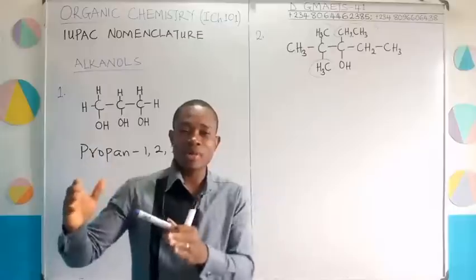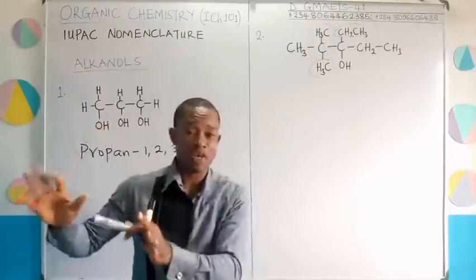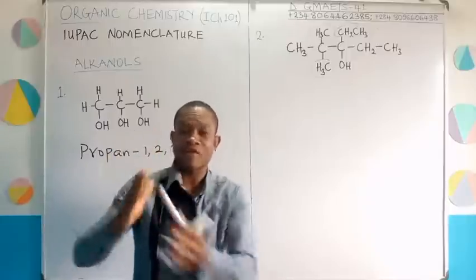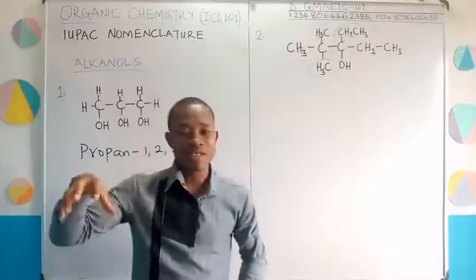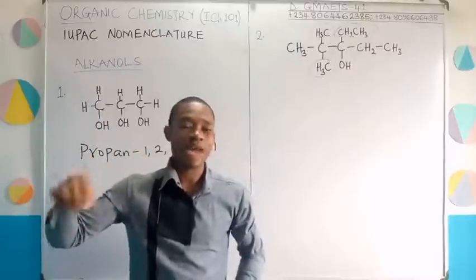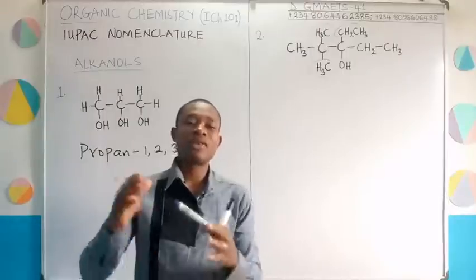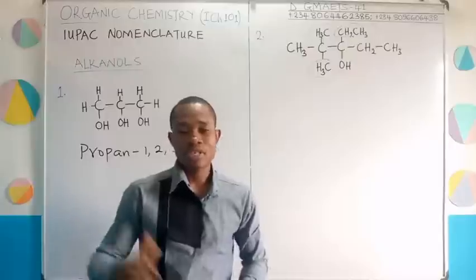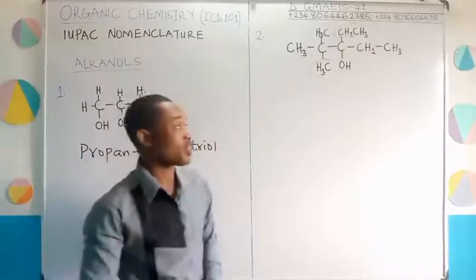In cases where the double bond or triple bond for alkenes and alkynes respectively, are you following right, is placed in such a way that it divides the structure into 2 equal parts, that happens in cases of an even numbered carbon atom as the longest chain. Alright? Because the double or triple bond occurs between carbon atoms. So in that case, it happens when we have something like an even number of carbon atoms in the parent